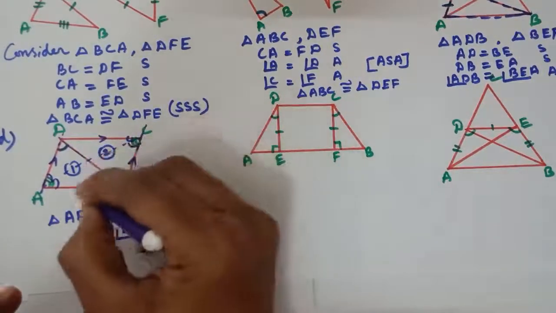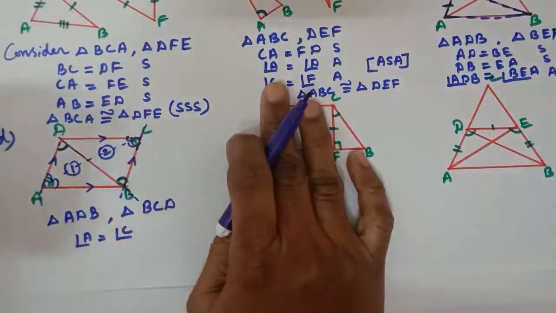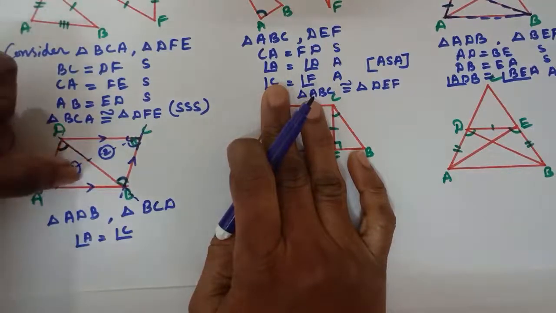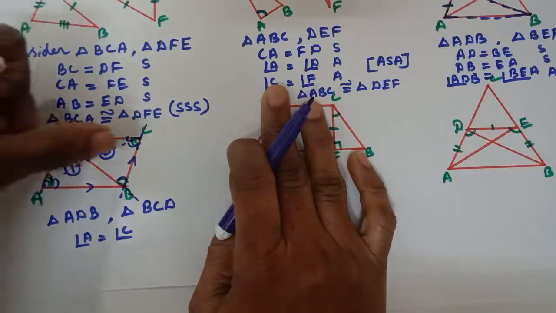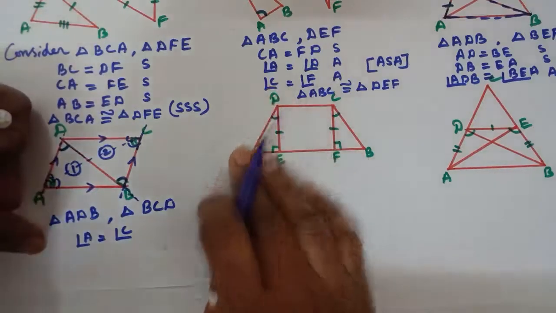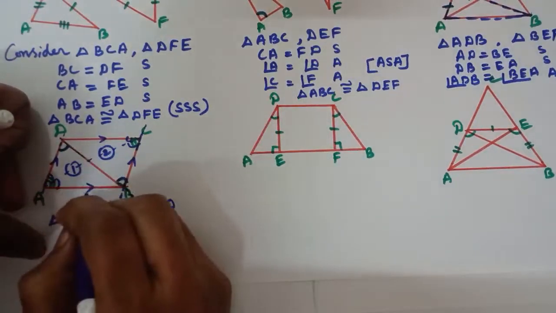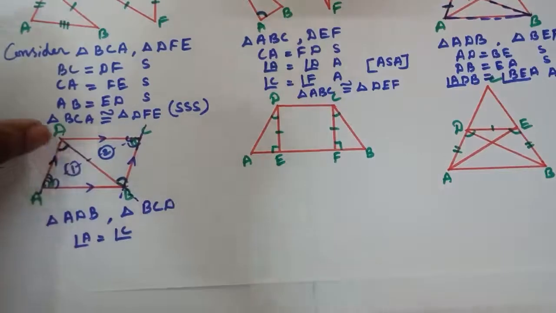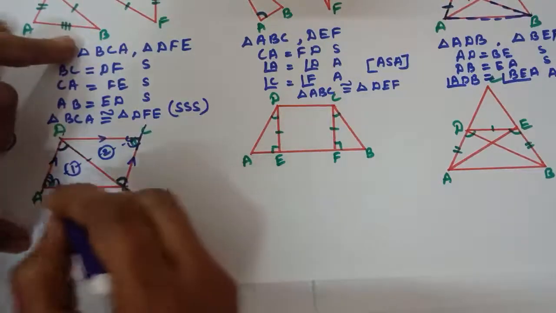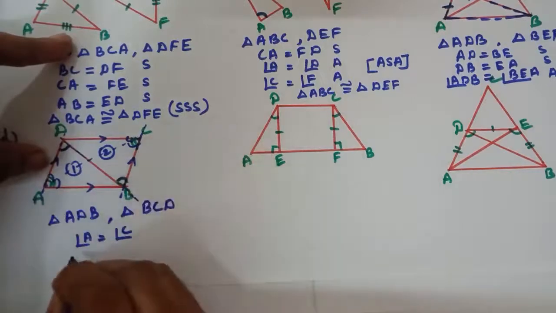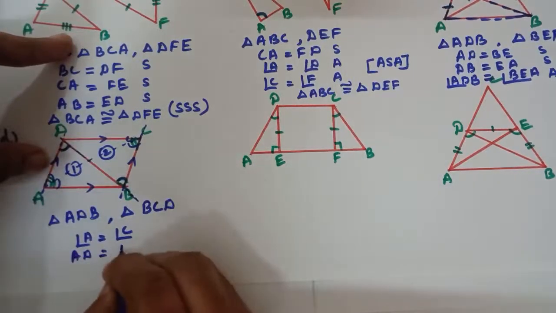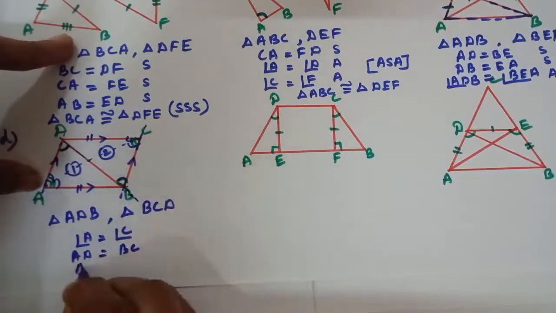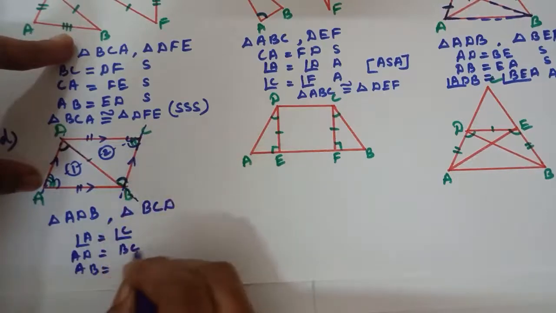Is it clear? So opposite lines are parallel, then it is a parallelogram. So this figure is looking like parallelogram. So we can say opposite angles are equal. So here students listen, opposite angles are equal and opposite sides are equal. So here I have written, AD is equal to BC. This side is equal to this side and this side is equal to this side. So AB is equal to DC or CD.